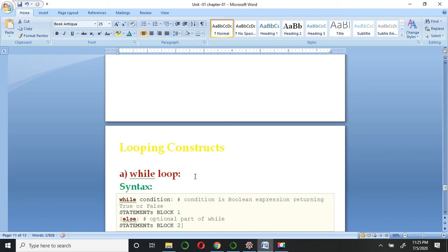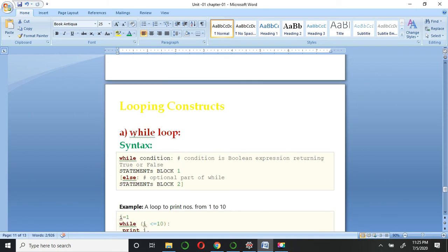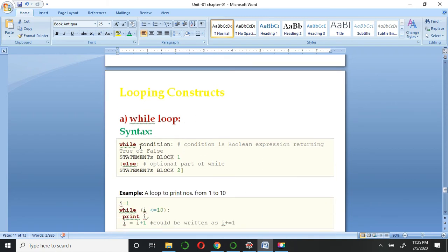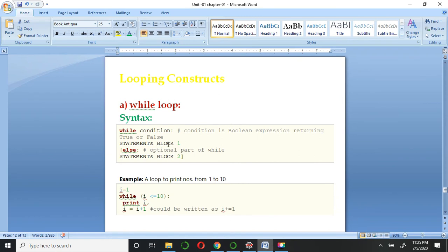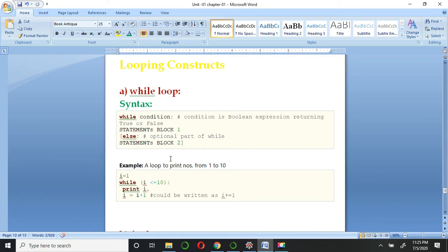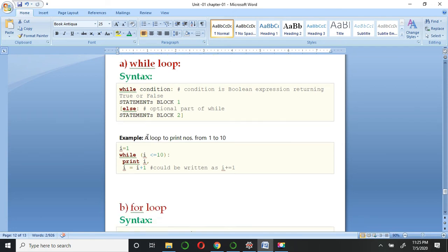So the first category is the while loop. Here you can see the syntax: while, and then we have to write a condition. Next, the statements block, else, statements block 2. It means this syntax will be used when we are using a while loop in our programming.